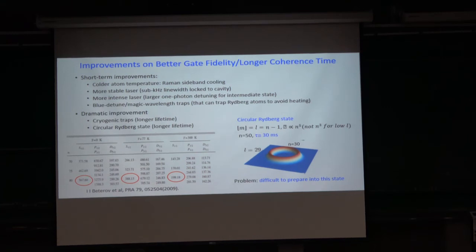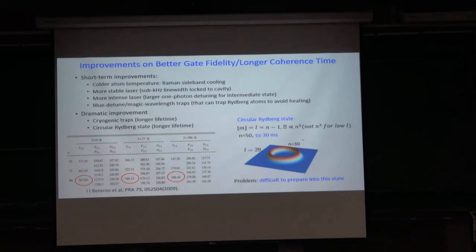As I mentioned, blackbody radiation will affect the Rydberg lifetime. For example, at room temperature at n equal to 80, the lifetime is 200 microseconds. If you cool that to liquid nitrogen temperature, it's about a factor of 2 increase. But this is still not large, even for zero temperature. It's about a factor of 3 improvement in the lifetime. Actually, you can choose